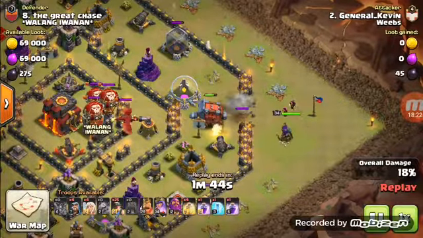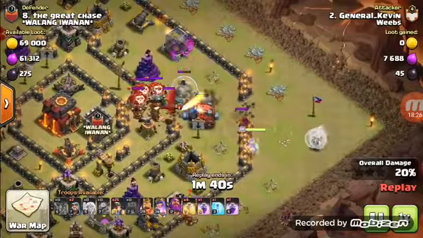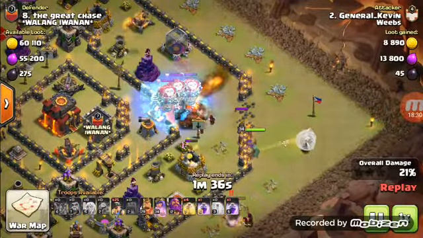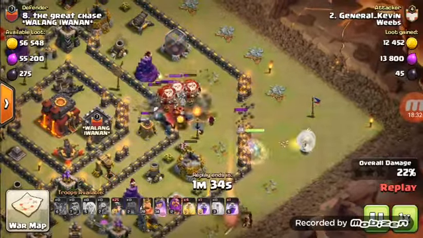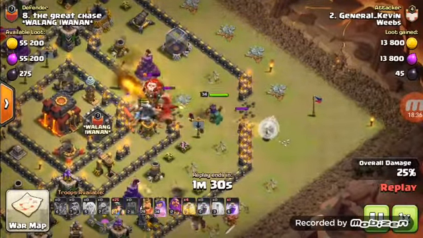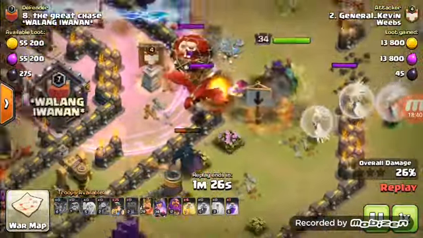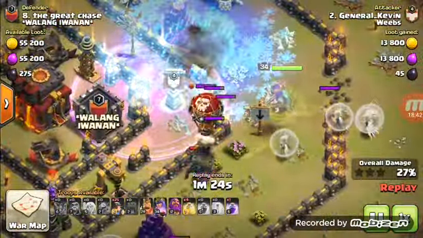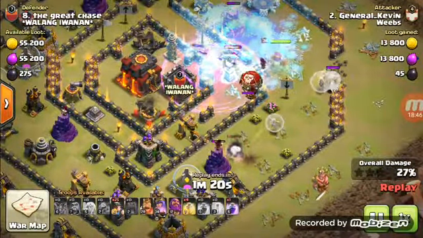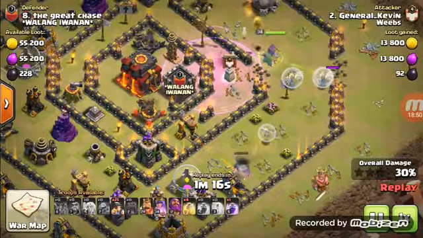Queen CC has been lured. Healers on the queen. Shoot over the wall, and now with that, we're going to go ahead and have the queen walk into the base. Wrecker's destroyed. Rage spell. I have that level 7 P.E.K.K.A. Ice Golem pops. So that P.E.K.K.A is going to do some huge funneling work and get that queen into the